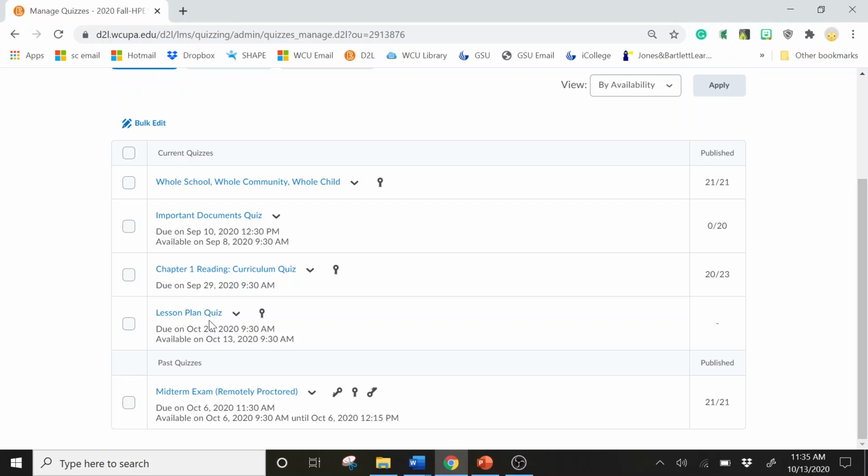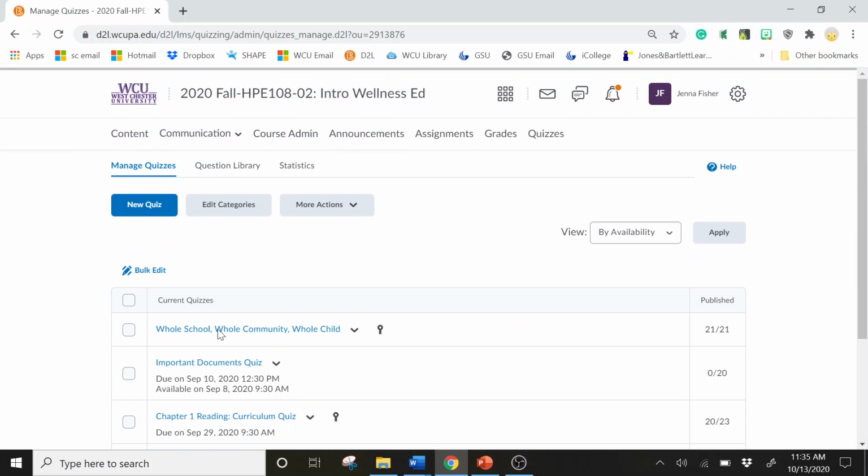Likely you'll be able to see part of your grade, but some of the questions are open-ended that I'll have to go back and grade them myself later on. But you might be able to see at least some of the multiple choice and true false. I believe there's only 10 or 11 questions on that lesson plan quiz.